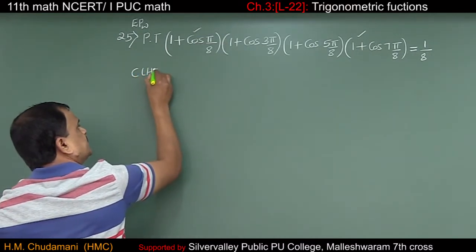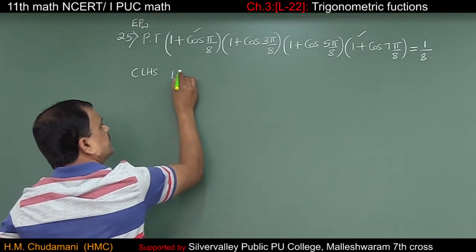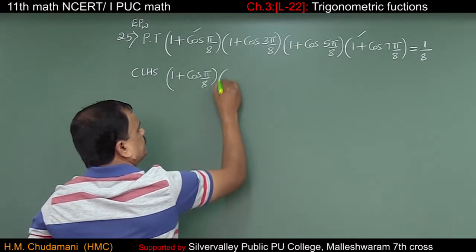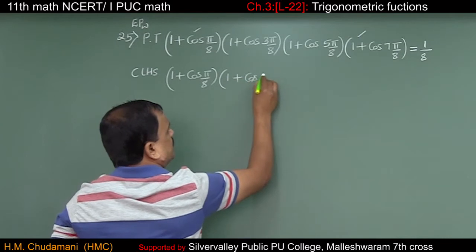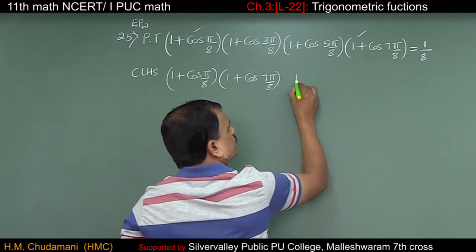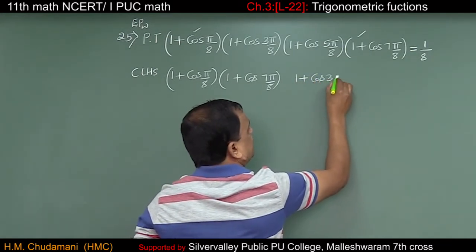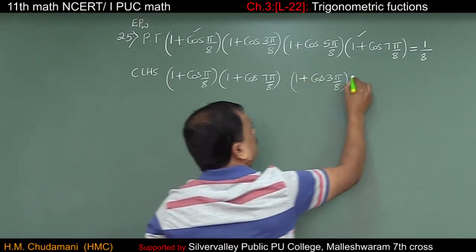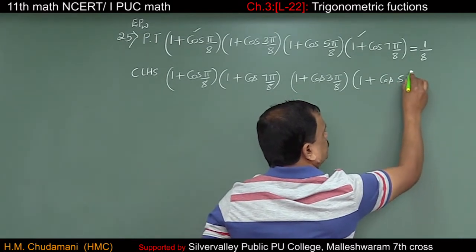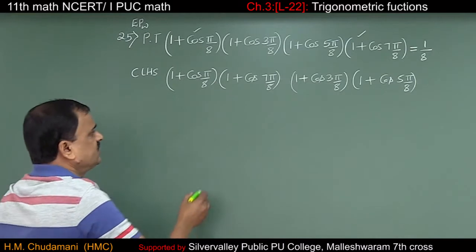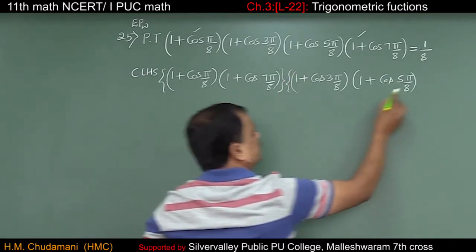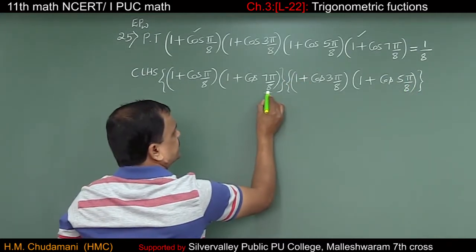Consider the left hand side: 1 plus cos pi by 8 into 1 plus cos 7 pi by 8 into 1 plus cos 3 pi by 8 into 1 plus cos 5 pi by 8. Now, see this? These two and these two I'll collect together. This can be written as